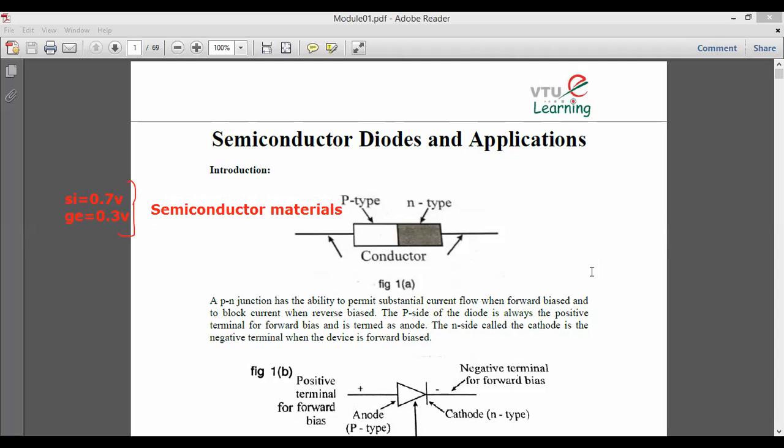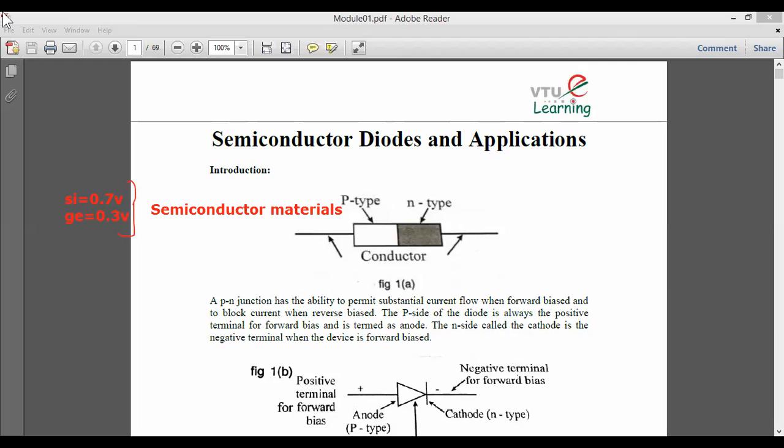Now there is an option here, whether you should choose silicon or go for germanium. There is a small twist: the cost of germanium is more when you go and purchase it than silicon. Now from where will you get the silicon? Silicon is freely and abundantly available in nature. When you just go and take the sand, you can get the silicon. So we focus more on the silicon material than the germanium material.